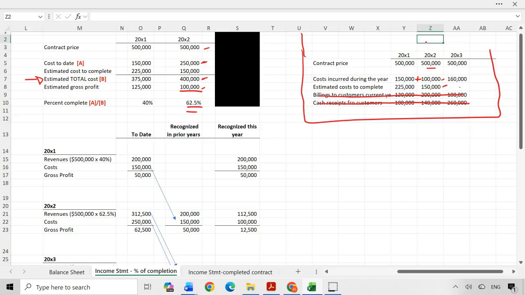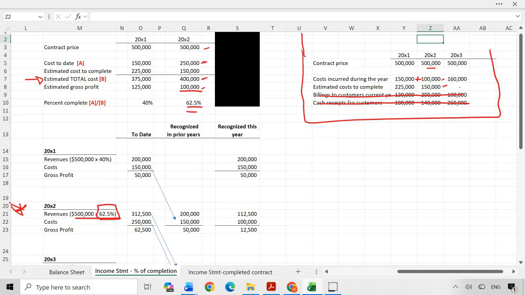And that's the revenue that I'm going to apply to calculate how much I'm going to recognize. Okay, so let's just go down here. I'm down here on 20X2 of how much revenue and costs we're going to record in the current year. Well, so far it says that the contract price is $500,000 and the percentage that we can recognize